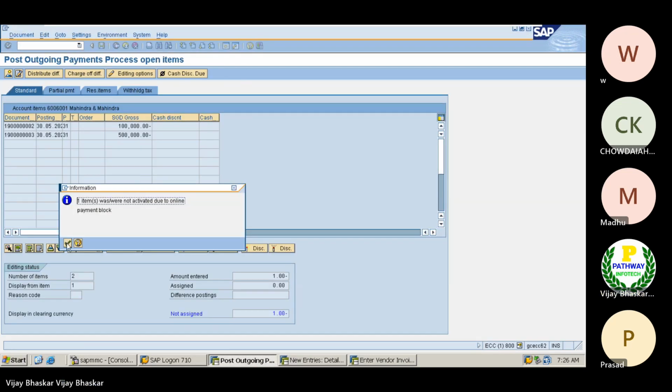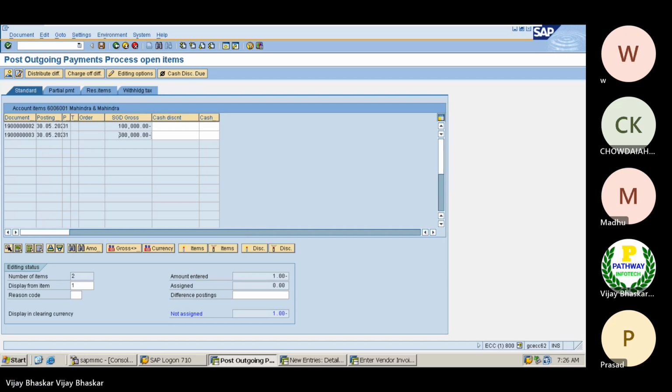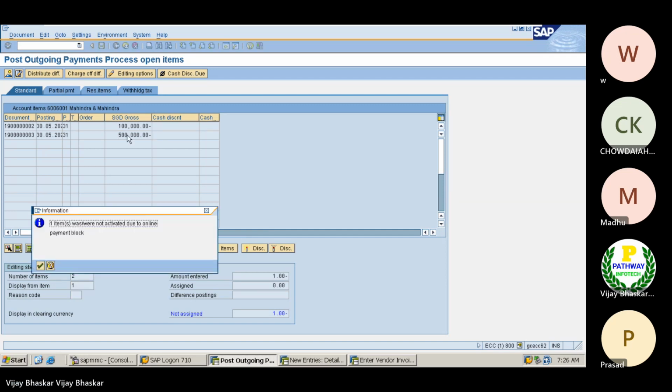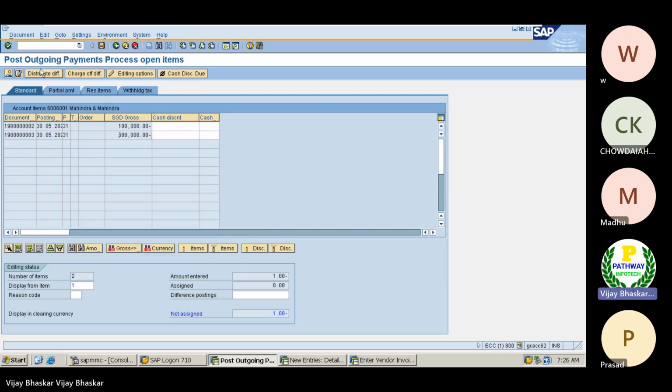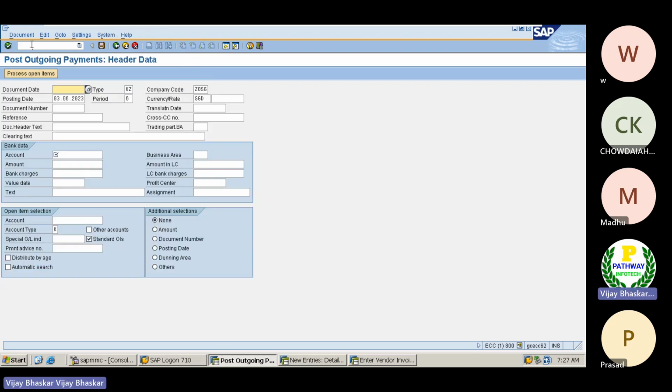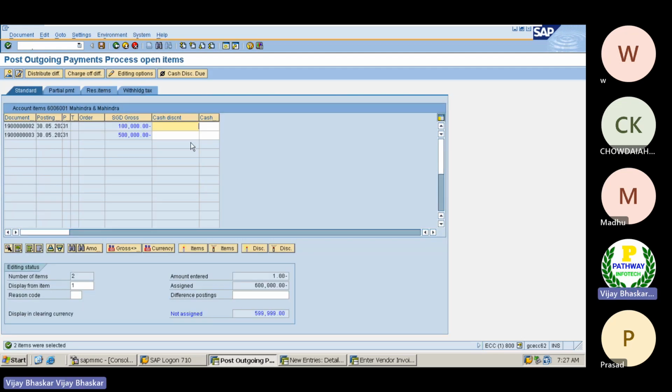Now, because we have done the action /n F-53 in between, let's see here whether the system will accept or not. Now see, both the line items are in green state. Okay, now I do not want.